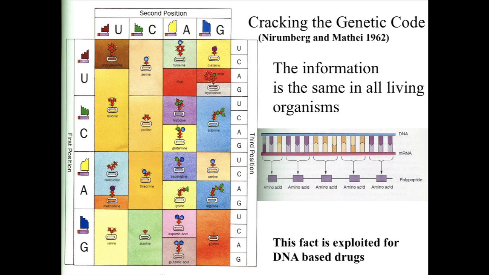Most genes in nature start with AUG. That's pretty cool. So you have a start signal. Then if you look at this, let's take UAG, you have stop. So you have a start and a stop signal. And you can see that other ones like CUG gives you leucine, but so will CUC give you leucine. So the code is redundant for some, and it has starts and stops, but information is the same in all